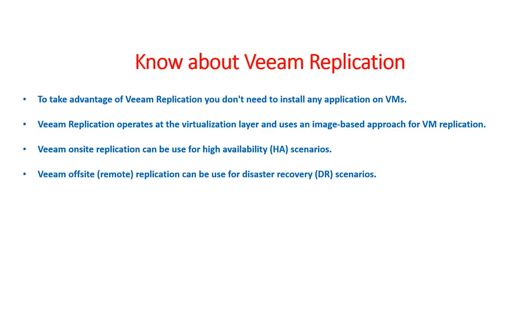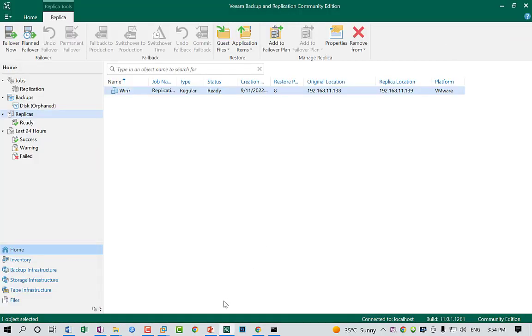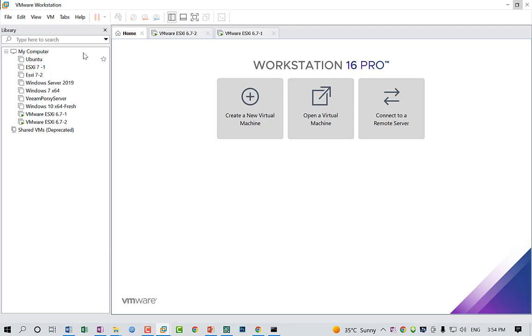So in this lecture I will show you how to configure this type of setup and how to fail over these VMs between the primary server and secondary server, or primary and secondary sites. So I will show you my setup. So I have a Veeam